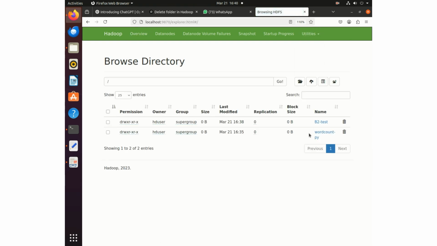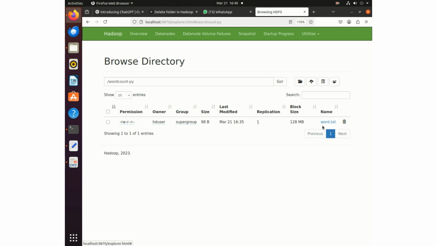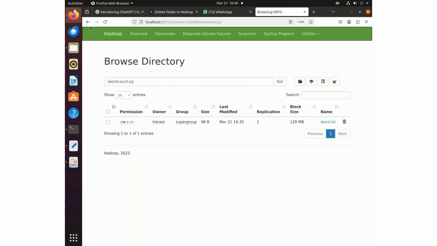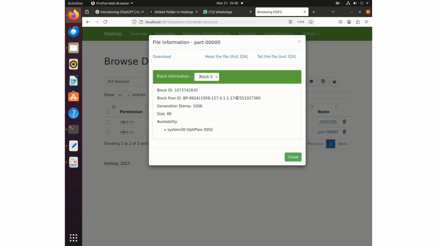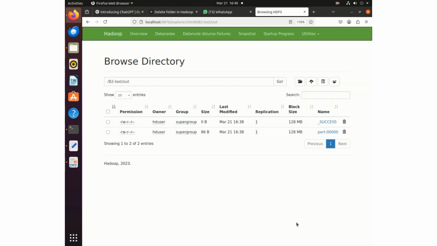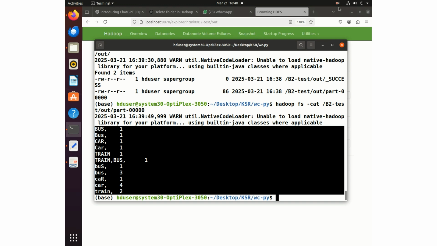If you want to verify in the browser, the HDFS browser, go to localhost:9870. In the utilities, browse the Hadoop file system. You will get this browser directory. Here you will see the two directories available, wordcount-py and b2-test. The output will be available in the b2-test directory. The output document is part